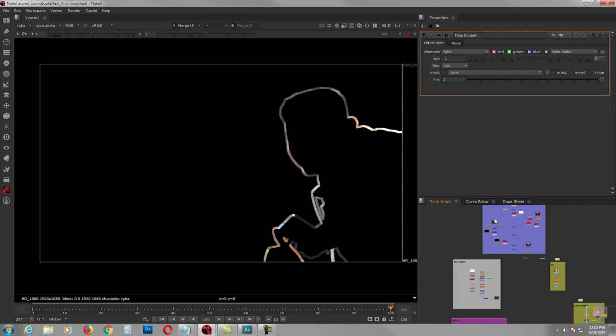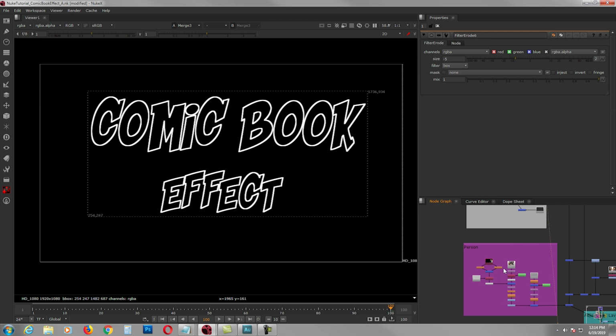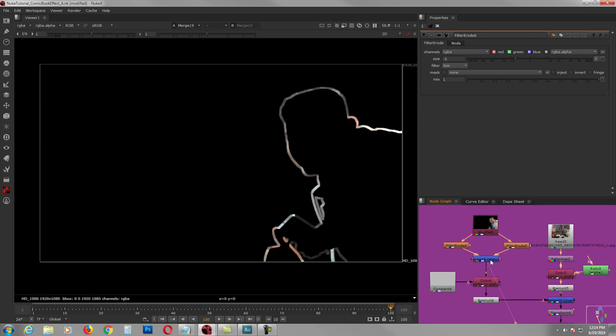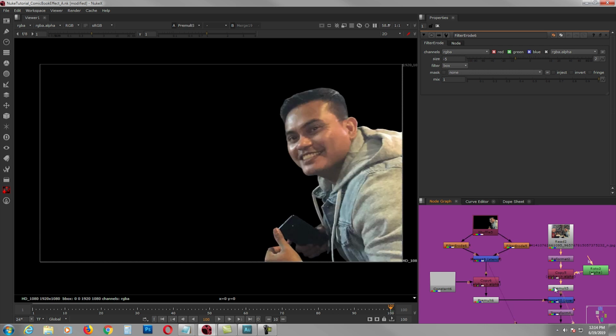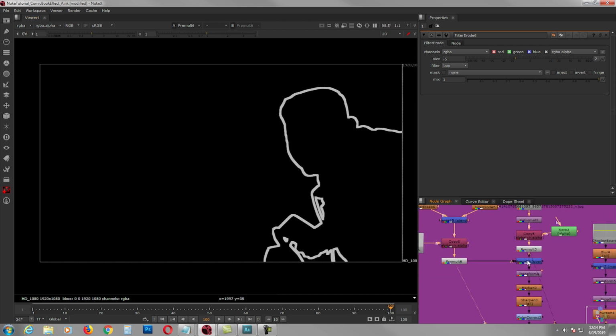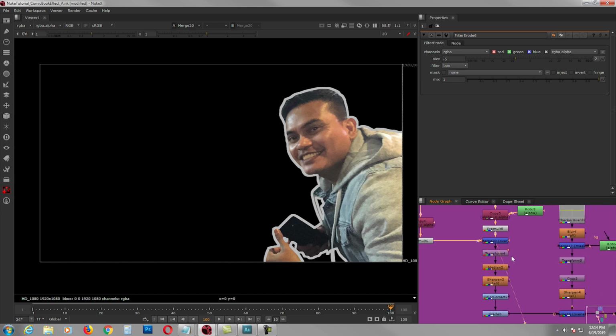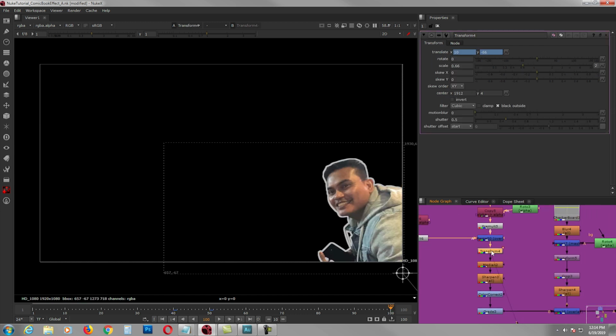I showed it to you a while ago when we were creating the text effect. It's the same technique that I use here to detect the edge, and I use that as an alpha on a gray constant, and I merge it on top so it has that cool comic edge. I just used gray just to be different, and I gave it a little bit of transform, scaled it down,